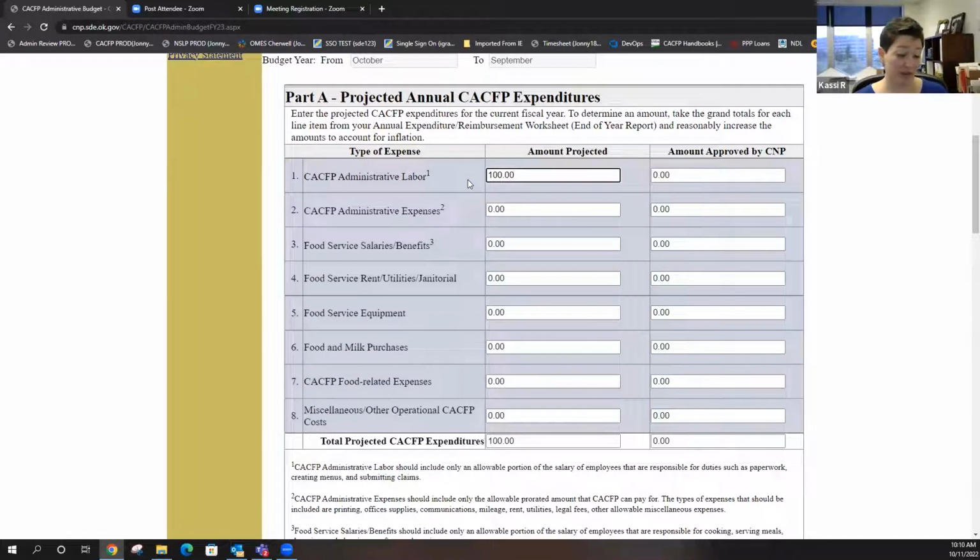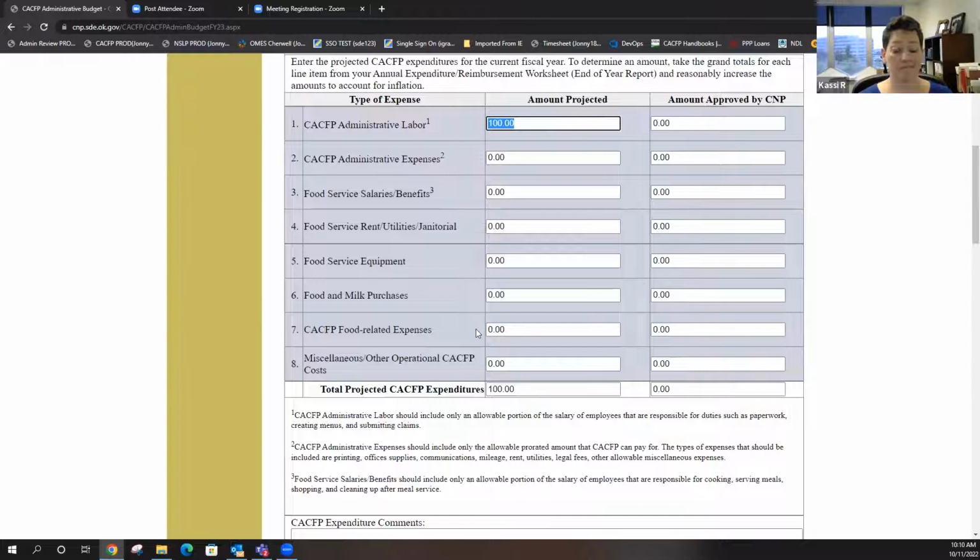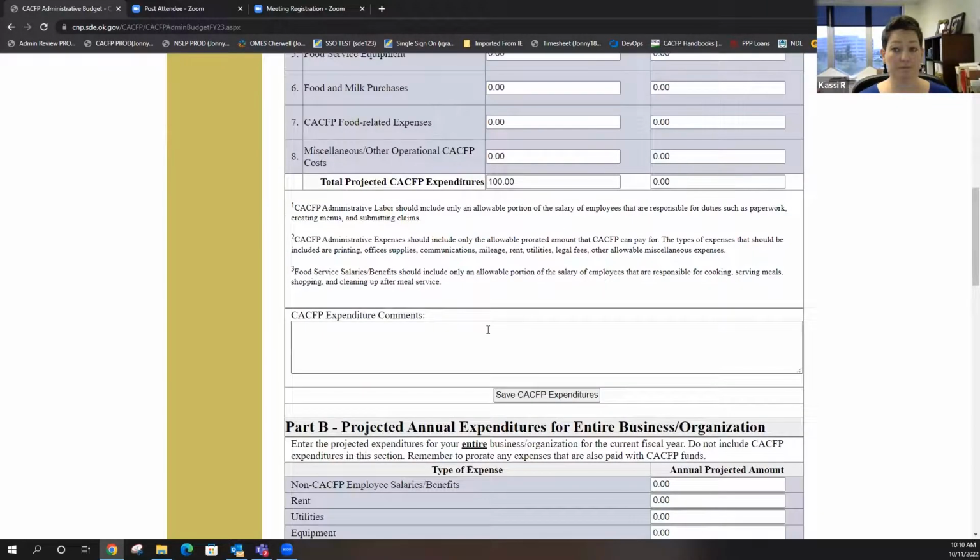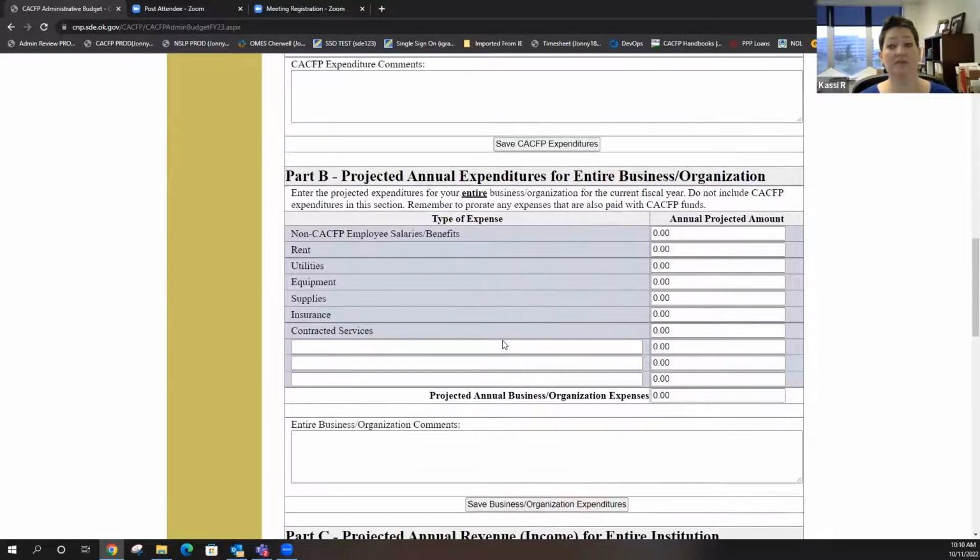So if you've taken all 12 months of your expenditure worksheets, you've added them all together and put them on your end of year, you should take the numbers, because these columns match that form exactly if you're using our form. Inflate those numbers by 10 to 15%, and that's what you put in here. So for schools, plug your ears. Y'all don't have to do this.